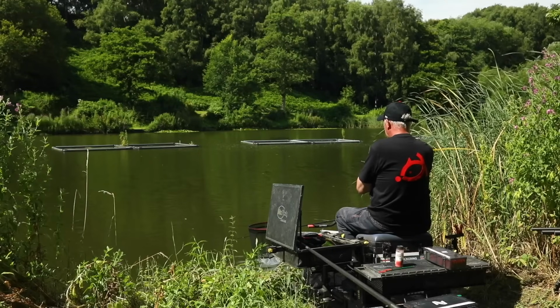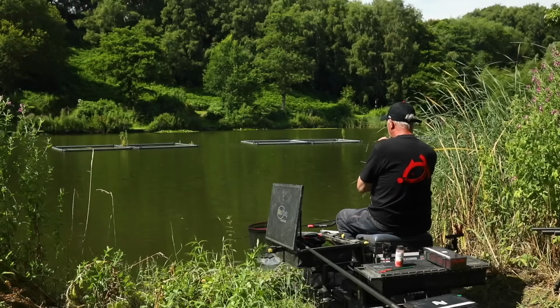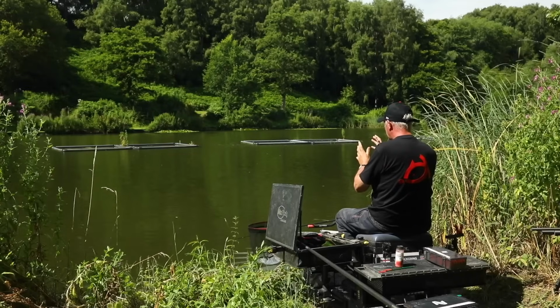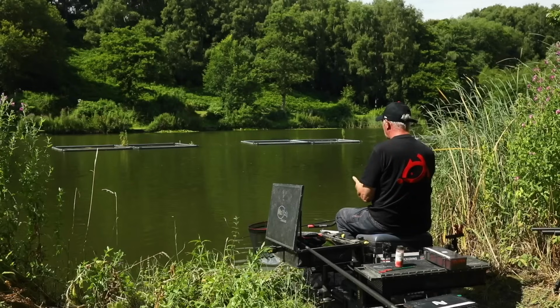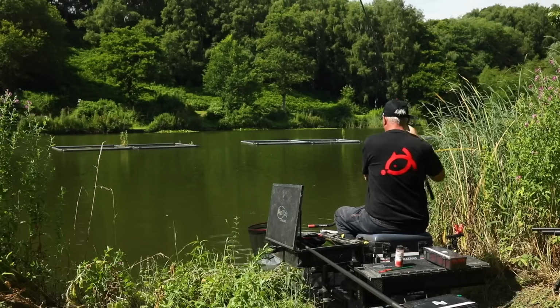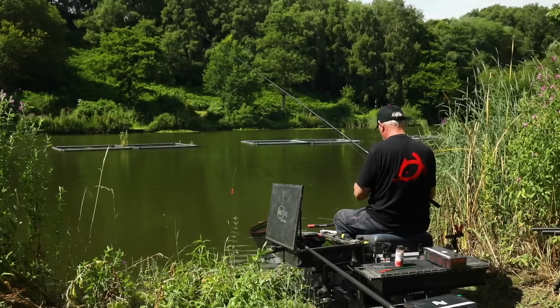Right, I think we're going to have to come shallow on this line. What I'm going to do now, because I've got the bottom and I'm quite happy with the depth, but I want to see if I can catch these ide shallow. So I'm going to wind in, and I'm really happy with the depth. So if I want to go back on the bottom,